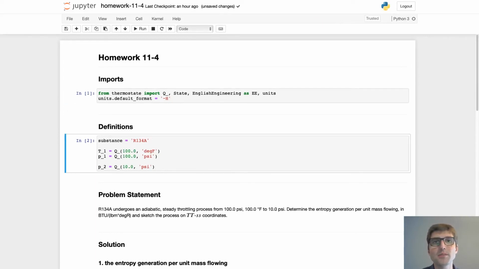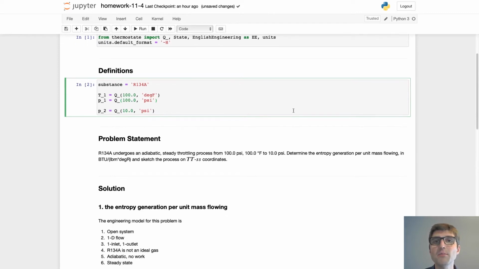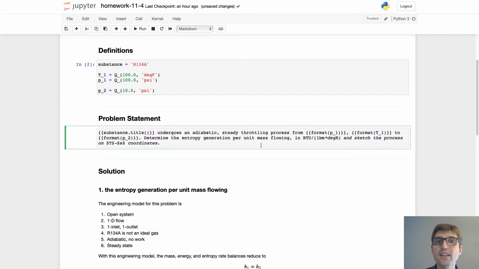Typically, I start with the problem number and then any imports that are necessary to solve the problem. Then I give the initial definition of the problem, any of the input parameters that the students would find in the problem statement, give them the problem statement, and in my source notebooks, I use a Jupyter Notebook extension called